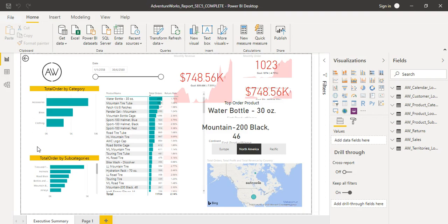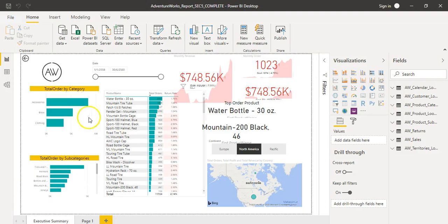This could be the last week for the presentation and lecture. So we start with the one that we left last week, this executive summary page, and we continue this week with more. We will create more pages, like a product detail page, that's going to tell about the product performance. So before I move on to create a new page, I want to show you one visualization that is very